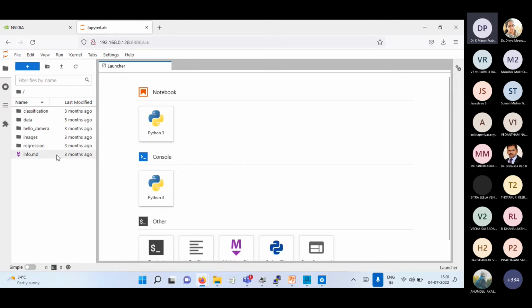So it's opening the Jupyter Lab notebook. Here we have some programs, one is classification and regression. Is my screen visible? Yes, sir. So first, previously I